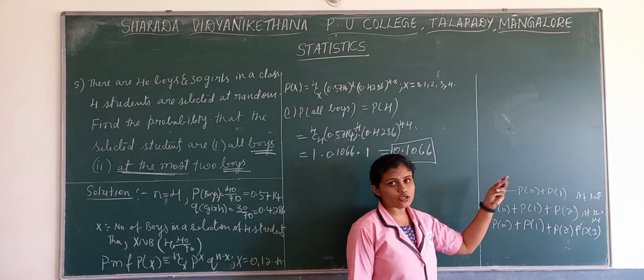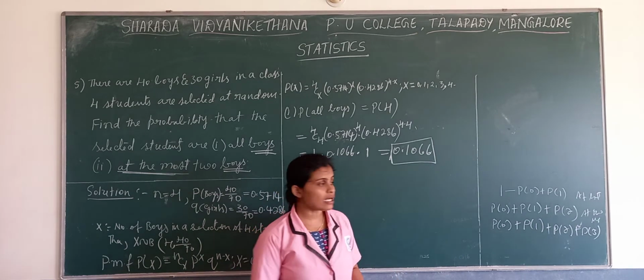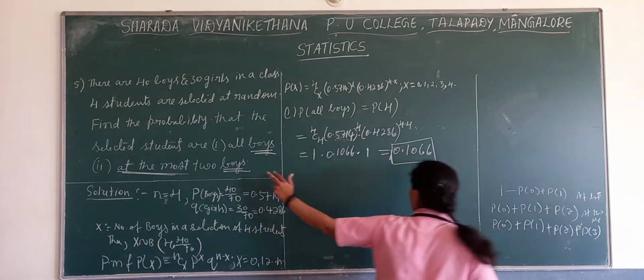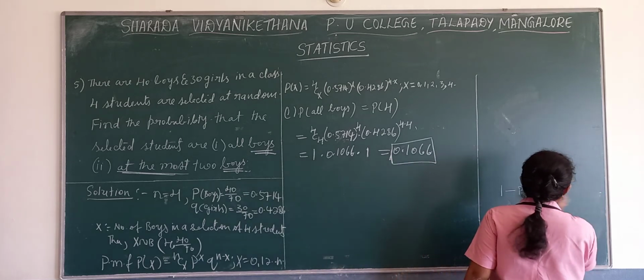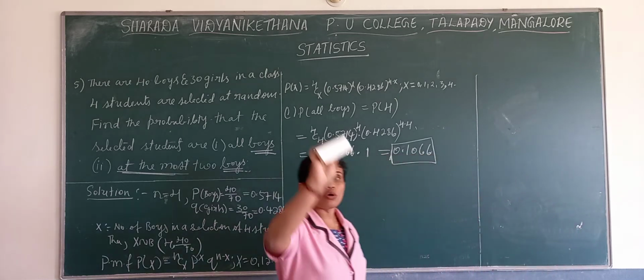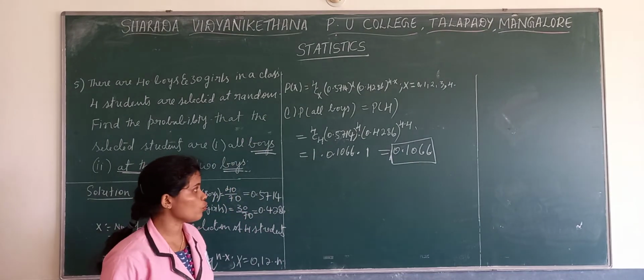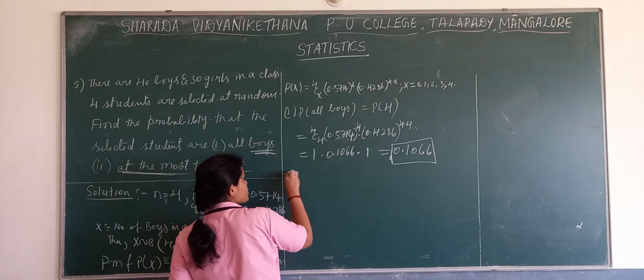At least 2 means from the total we have to deduct the value below that, below what they will mention. From that we have to deduct. At the most means from least to that particular number we have to go. So here now, the second question is